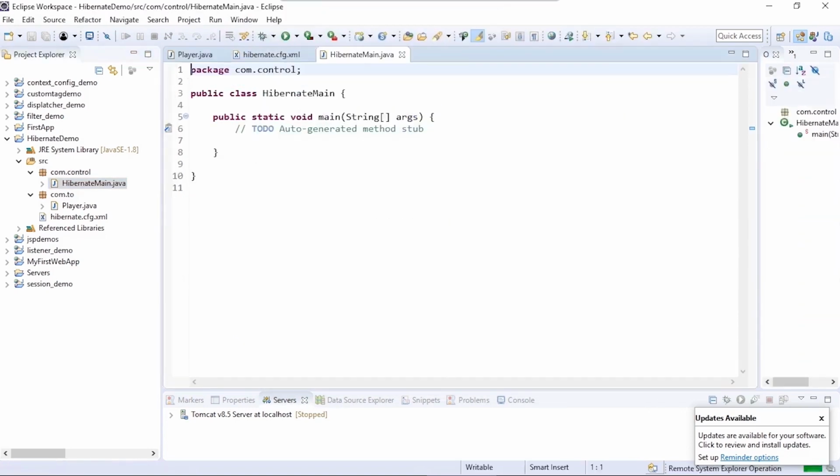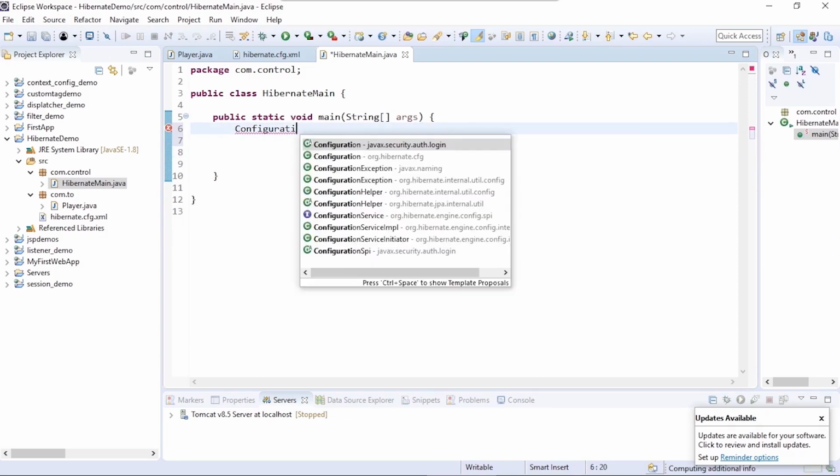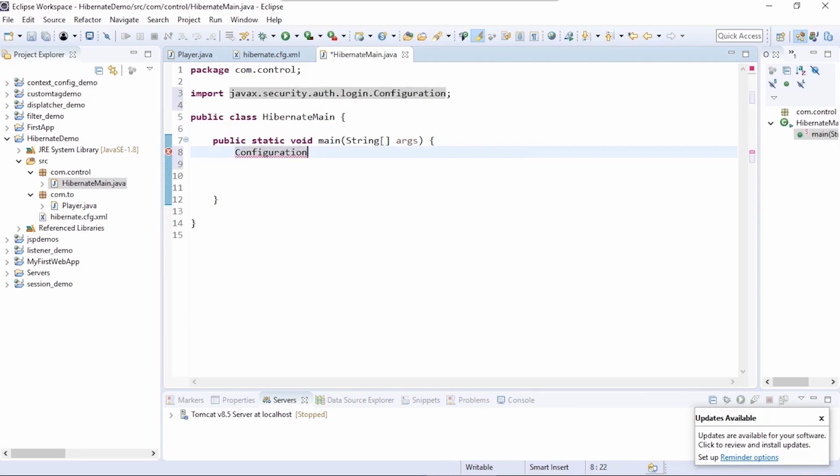Have it ready. So that's going to be our entry point. First thing, we'll create the configuration. So we have created the configuration first.